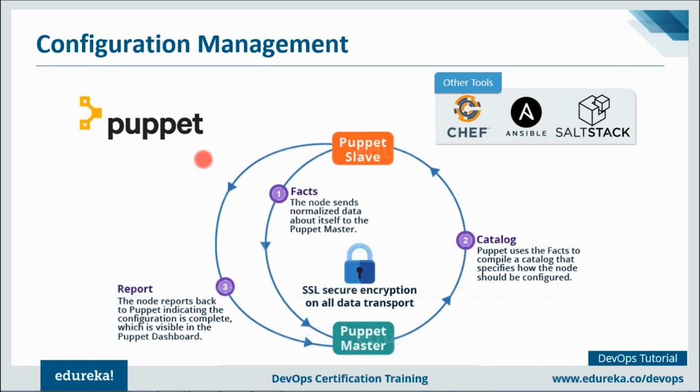It can also help in dynamic scaling up and scaling down of machines. What will happen if in your company there's a big billion day sale, right? And you're expecting a lot of traffic. At that time, in order to provision more servers, probably today your task is to provision 10 servers and tomorrow you might have to provision say 100 VMs, right? So how will you do that? You cannot do that manually by writing scripts. You need tools like Puppet that can help you in dynamic scaling up and scaling down of machines.